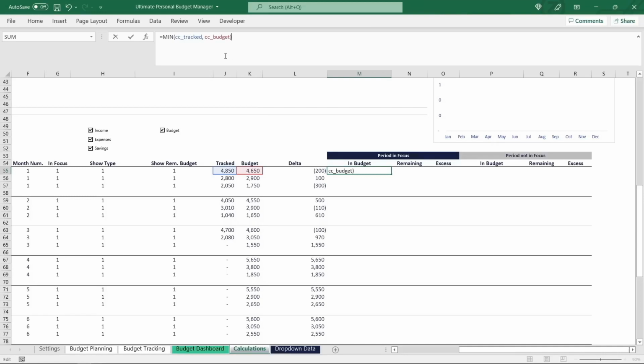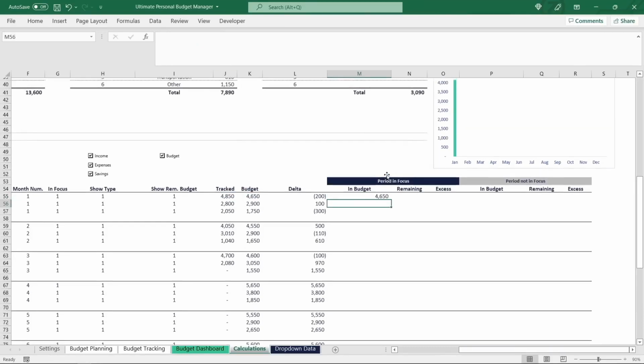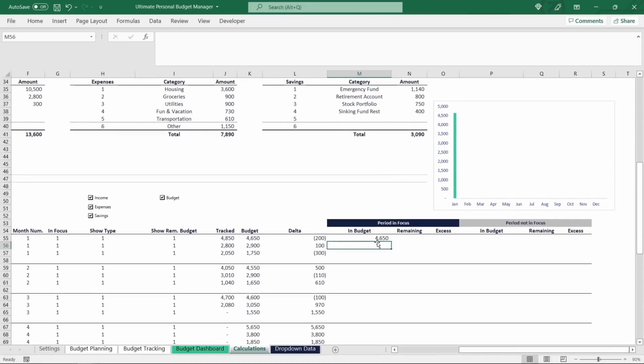Because in case the tracked amount is still below the budget, then this tracked amount is returned, and in case the tracked amount exceeds the budget, then the budget amount is returned as the upper limit. So you can see for the total income in January, the tracked value exceeds the budget, and for that reason the returned value is limited to the budget amount,